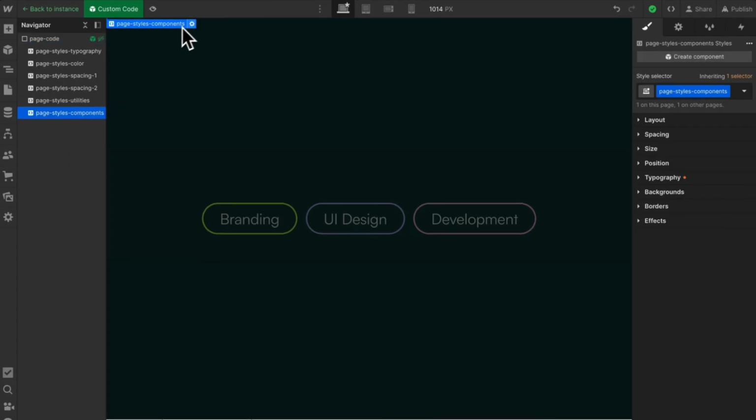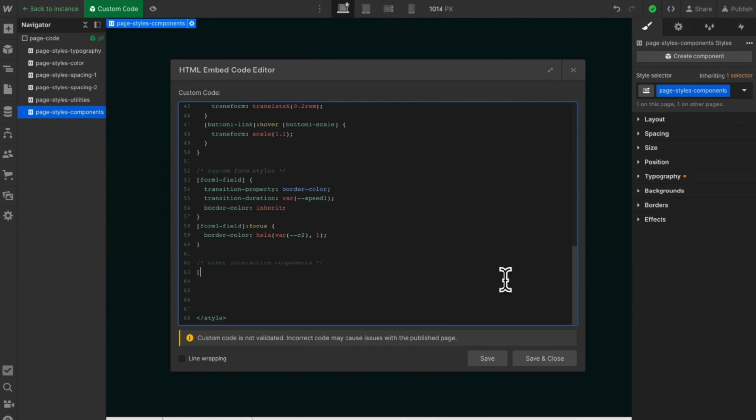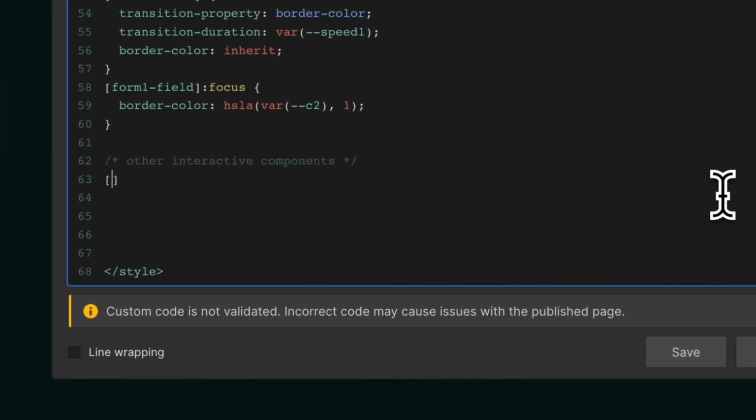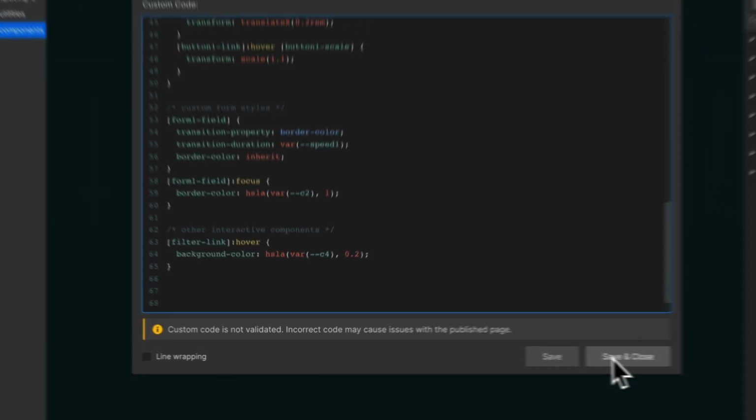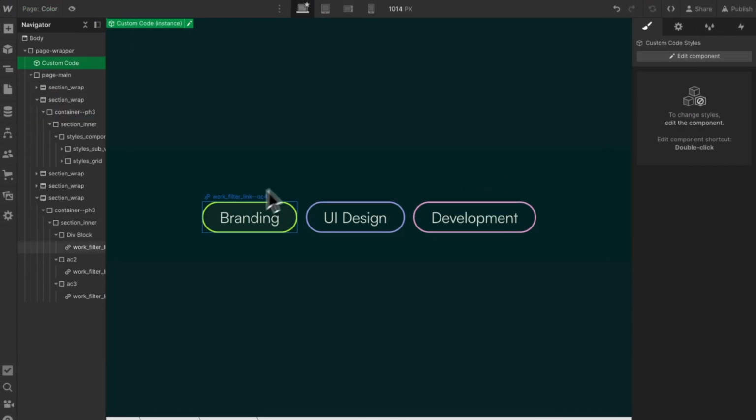So let's open up our embed, and we're going to target by data attribute. So we'll use these straight brackets. We're targeting anything with a filter link attribute. Now, because we're using data attributes, we can reapply this effect to multiple elements, even if they don't share the same class. We're saying whenever we hover this filter link, we're setting its background color to our local 4 swatch, but we'll do this at a 20% opacity. So if we go ahead and save this, notice how each link we hover is filling with its own accent